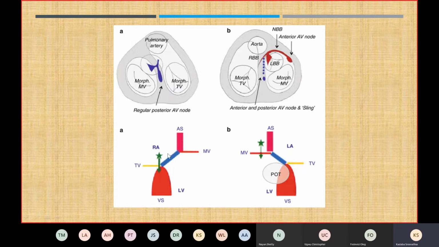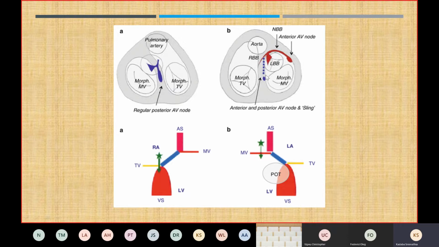What happens is, because the pulmonary valve is wedged between the ventricle and the mitral valve and the atrial septum, there is a fibrous tissue that fills the gap between the atrial septum and the ventricular septum. This is the place where the regular AV node has to sit, that is in the triangle of Koch. In many cases, there may not be a normal AV node in the apex of the triangle of Koch, or even if there is an AV node in the apex of the triangle of Koch, it cannot penetrate the membranous septum that is present between the atrial septum and the ventricular septum,